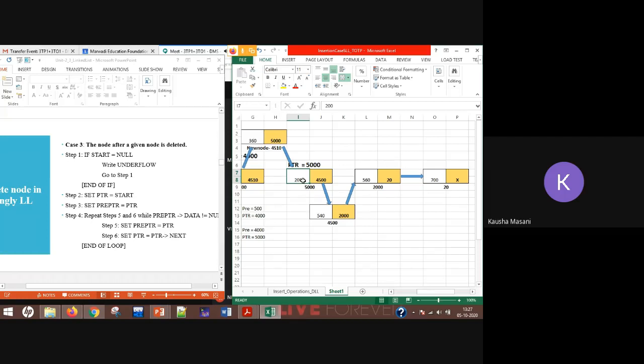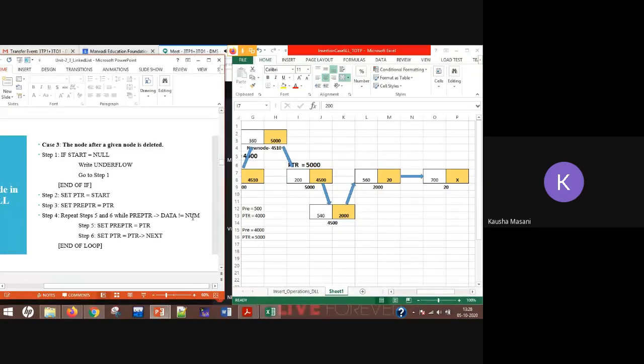Okay, 200 is the node after which I want to go for deletion. So which is our target node? This one. This node is to be deleted. Okay, so you are going to compare the data. Which data? The data which user have provided, along with your node data. This num is what? The input that you took from the user. And input is what? A node after which you want to delete.